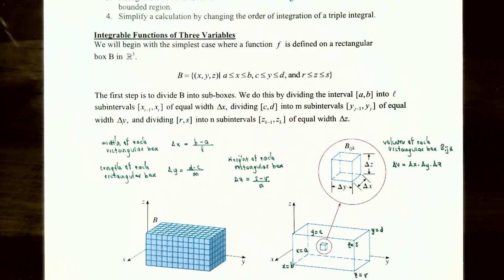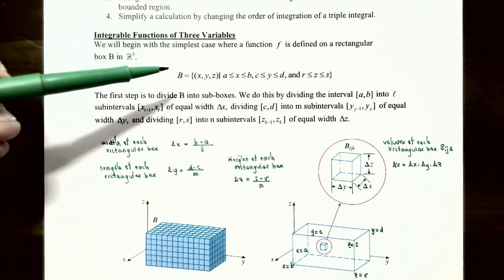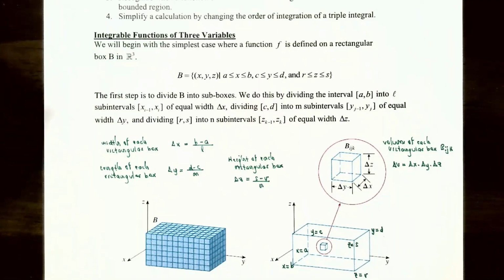Our rectangular box will be capital B. It will consist of the points x, y, z, where your x values are between a and b, including the left endpoint and the right endpoint. The y values are between c and d, including the endpoints, and then the z values are between r and s, also including the endpoints. To be able to calculate the triple integral for the function f over this rectangular box, we're going to first